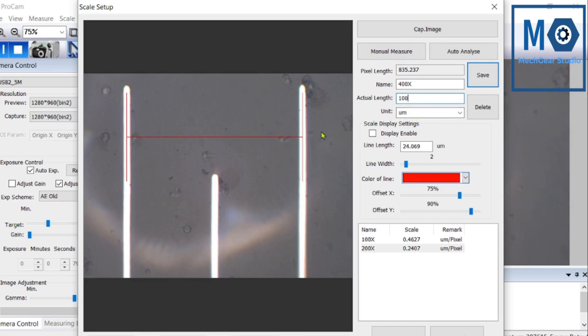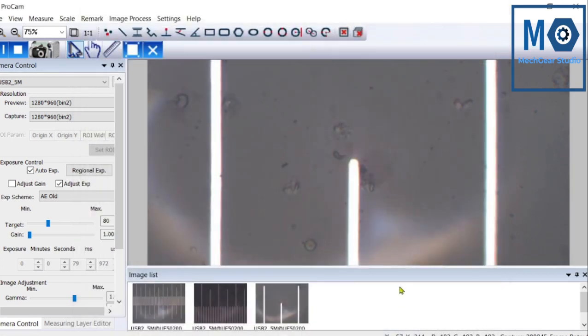This distance is 100 micrometer. Here the magnification is higher, so the line thickness is also higher.